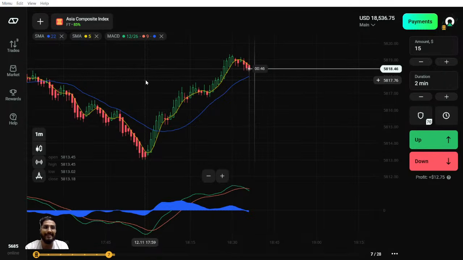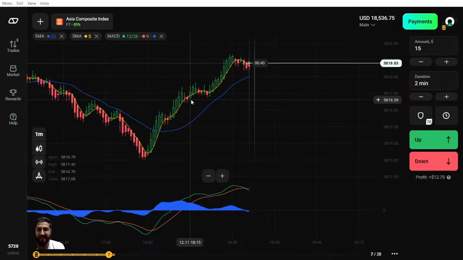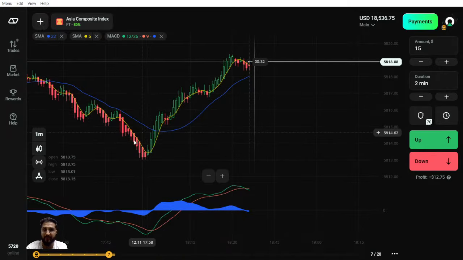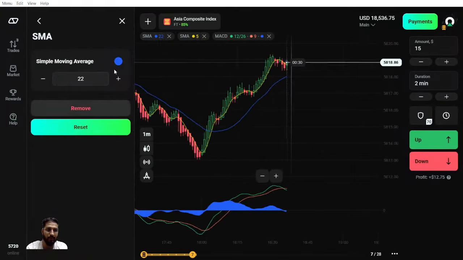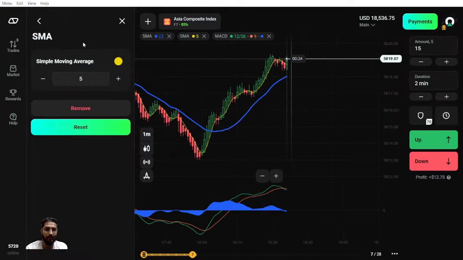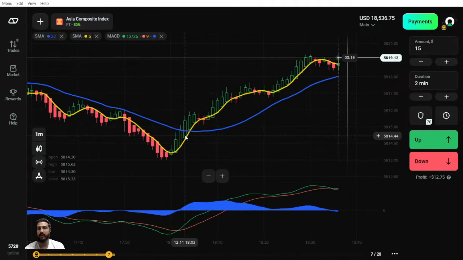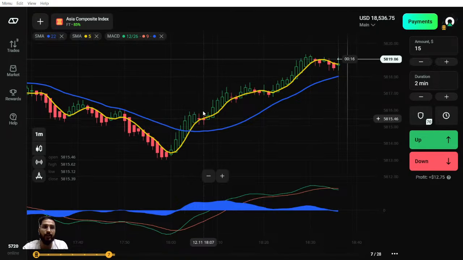Now let's talk about SMA, simple moving average. These are going to act as a trend follower indicator. These are the two SMAs, SMA 22 and SMA 5. Let me make the yellow one thicker so that it will be easier for you to see. Okay, 22 is already the thicker one. Now let me make the 5 thicker also. Okay, so all we are going to focus on is the direction of the lower frequency SMA. In whichever direction the lower frequency SMA intersects the higher one,